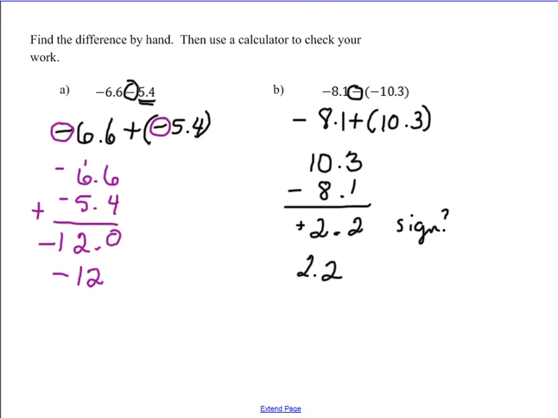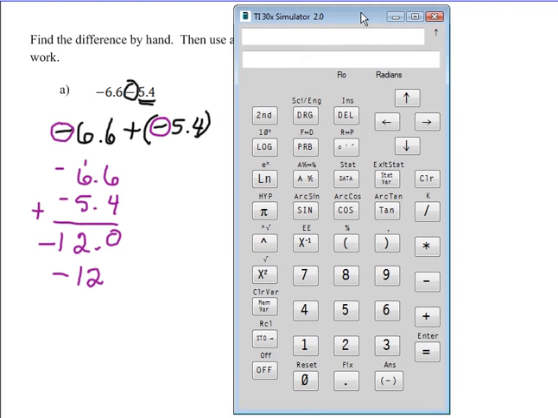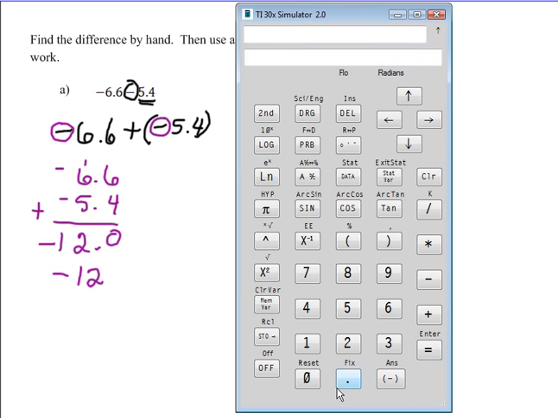So to check our work, let's bring the calculator into play here. And if we check the first one, we want to just keep track of the subtraction sign over here versus the negative sign down here. So negative 6.6